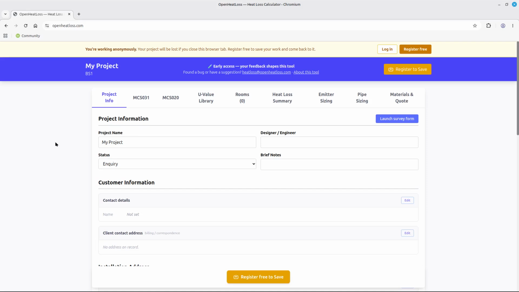Now, the second reason why I developed this tool was that all of the other tools are closed source. When I was building some of the models of buildings and projects that I wanted to design for, I found that it wasn't always entirely clear the assumptions and the calculations that were actually being made in the background by these tools. And sometimes I found some limitations in terms of how they implemented ways in which I could